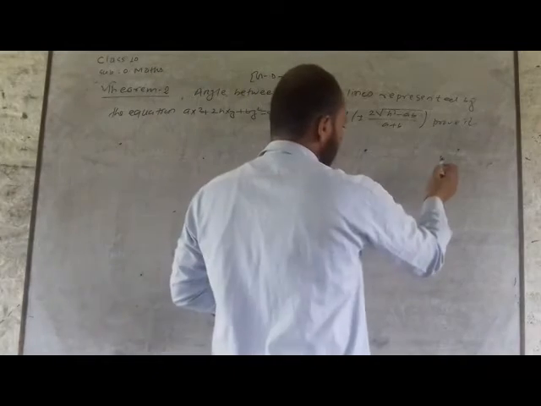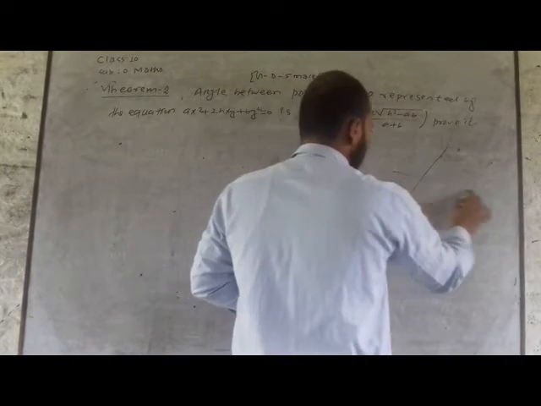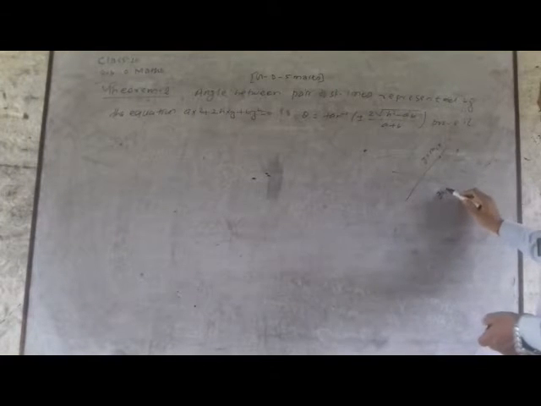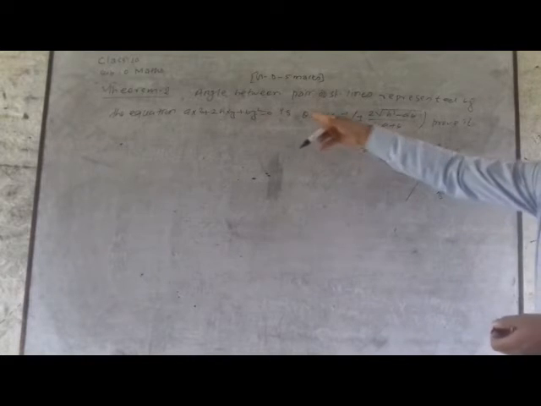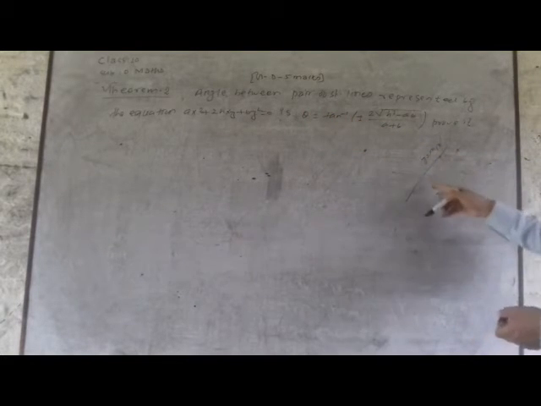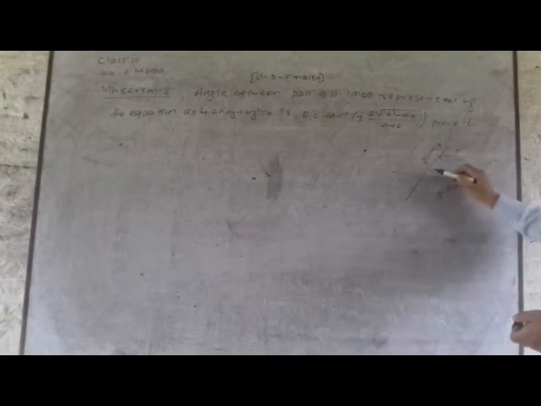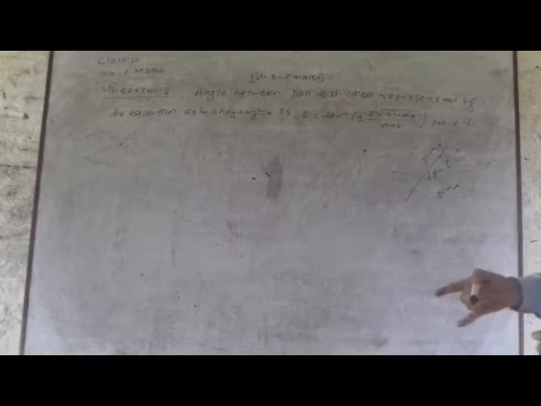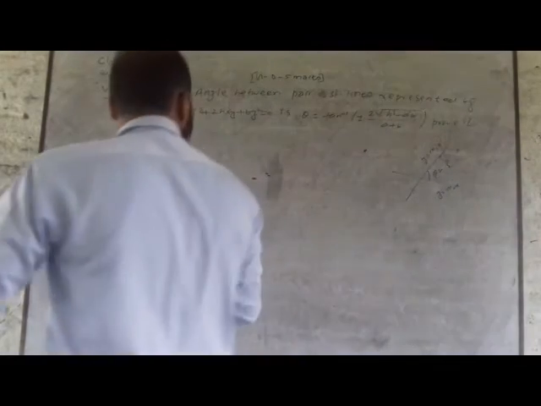Here you should find this angle. Here we have a pair of straight lines. This is y is equal to m1x and this is y is equal to m2x, because these lines give a pair of lines. You should find the value of theta, which is 2 root under h square minus ab by a plus b. Okay. Now look here.